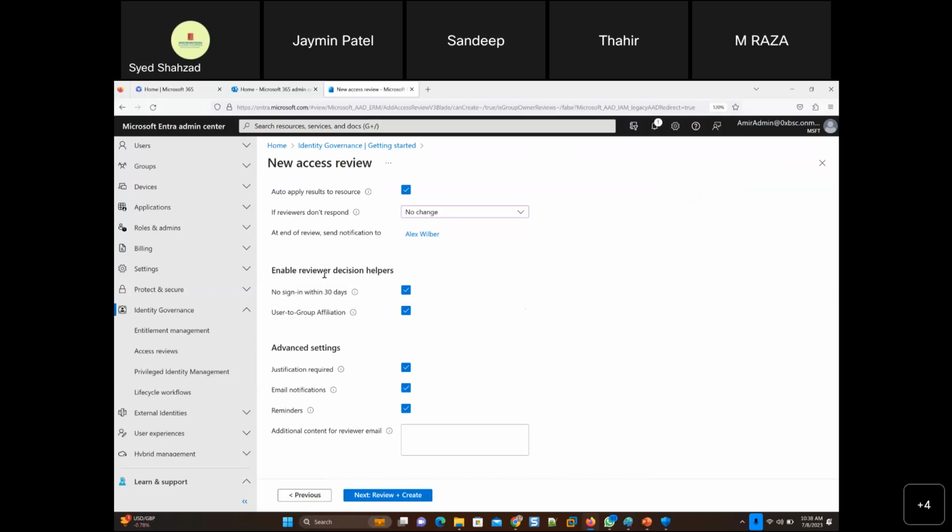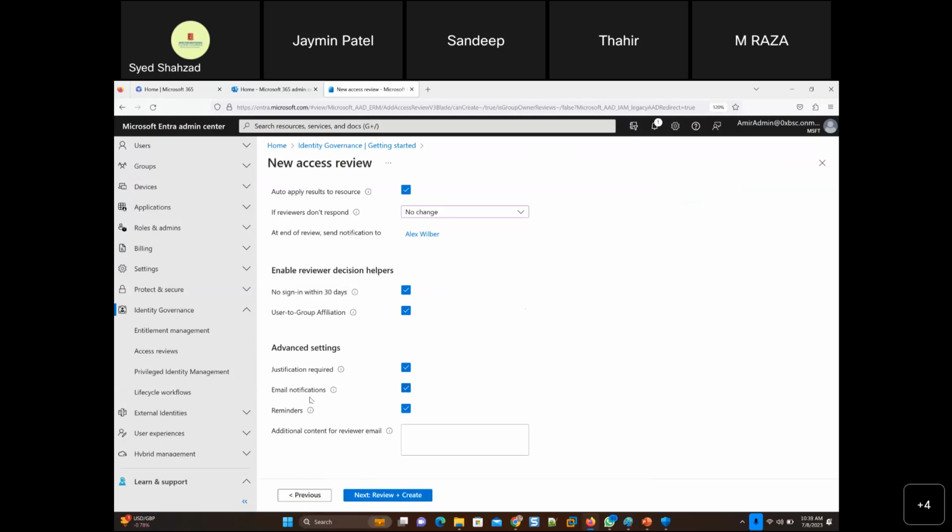So this report will go to the reviewer, and then the reviewer can decide to keep the user or remove the user, right? So justification required. Yes, if you approve the user, put a justification. Well, he or she is a permanent employee, or he or she is taking part in the decision or in the documentation. You can put any kind of justification or reason there.